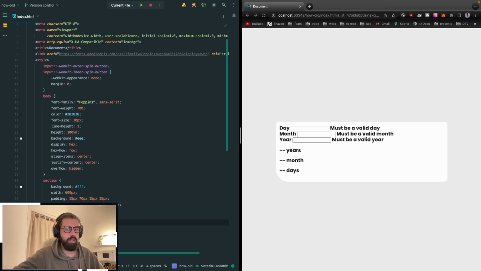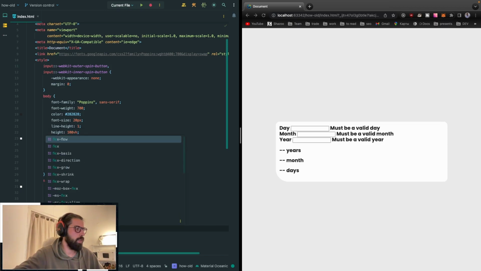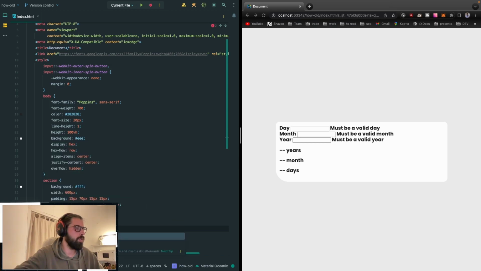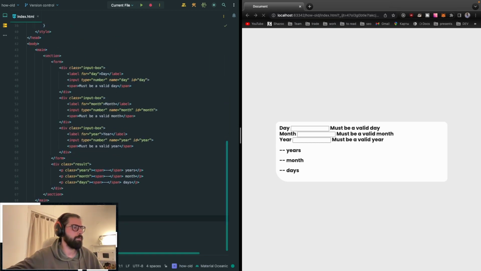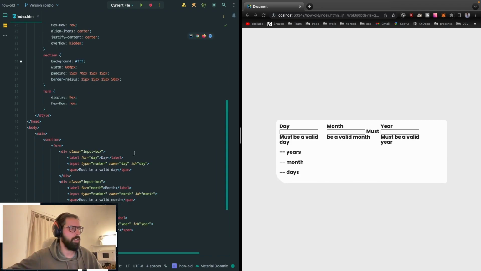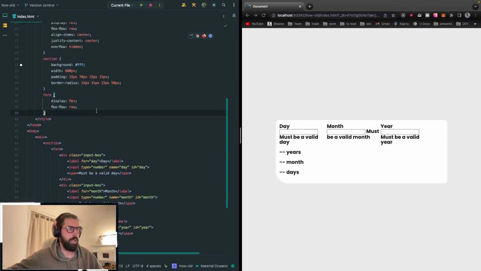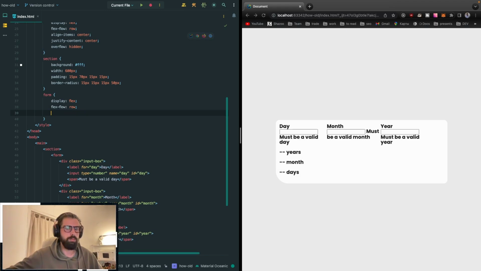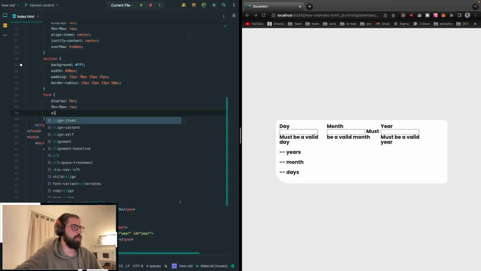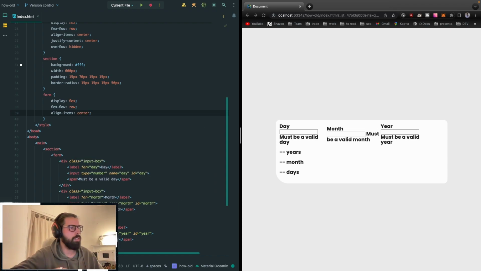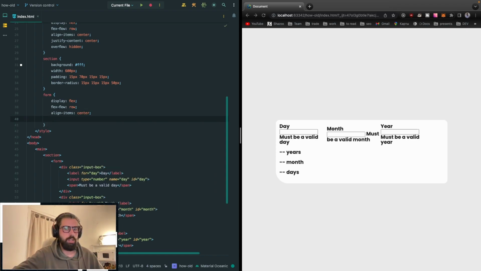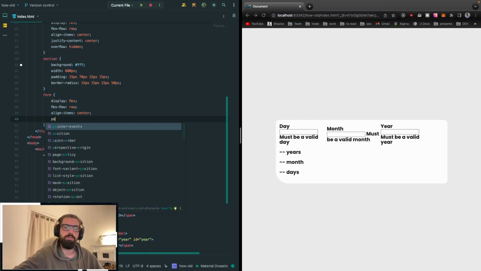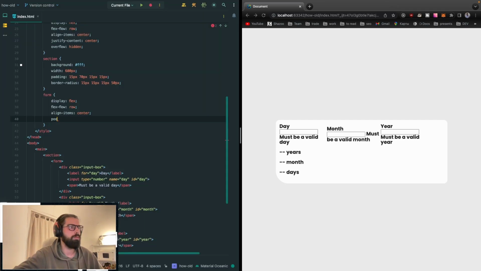Then we need here also gonna use flex, flow, row to have all these fields in one row. Let's align them on the center. Nothing fancy. Yeah, like that. Then we're gonna do some border